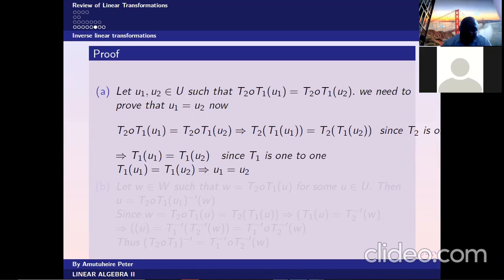So if I have two equal elements in the range, then that should mean that what I have in the domain are equal. So that is the uniqueness. Or alternatively, if I have things which are different in the domain, then it should give me things which are different in the range. I think that's what Deus was trying to tell us. So we let these